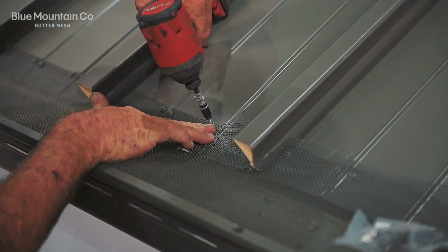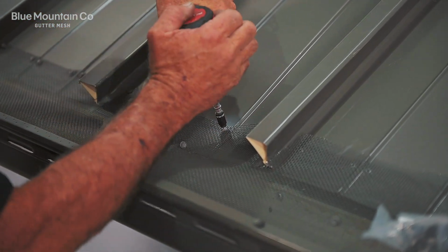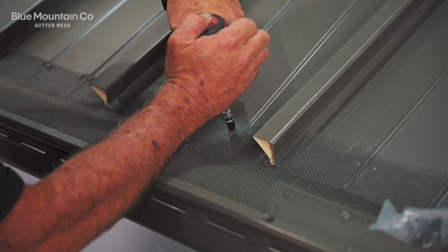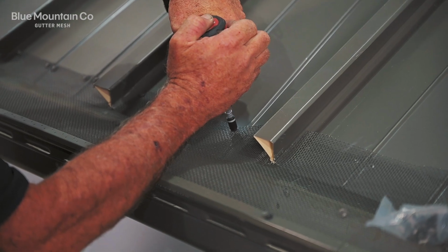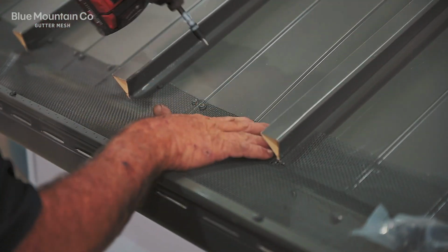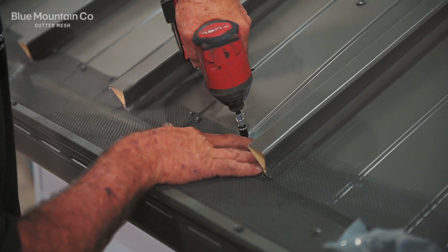So if you've got a roof which has got a profile like this with a few more ribs or shapes that you've got to work around, give us a call and then we can make sure that we send you out the right number of screws, because typically we wouldn't supply quite this many, but we can sort you out. So just give us a call, we'll work through it, we'll make sure that we get the right kit for